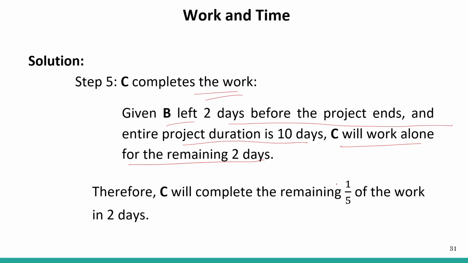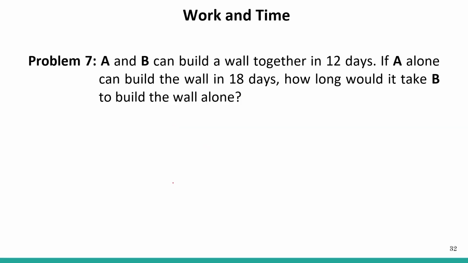Therefore, C will complete 1 by 5 of the task in 2 days. Okay, so problem number 7. It asks us: A and B can build a wall together in 12 days. If A and B are combined together, then they can build the wall in 12 days. If A alone can build the wall in 18 days, how long would it take B to build the wall